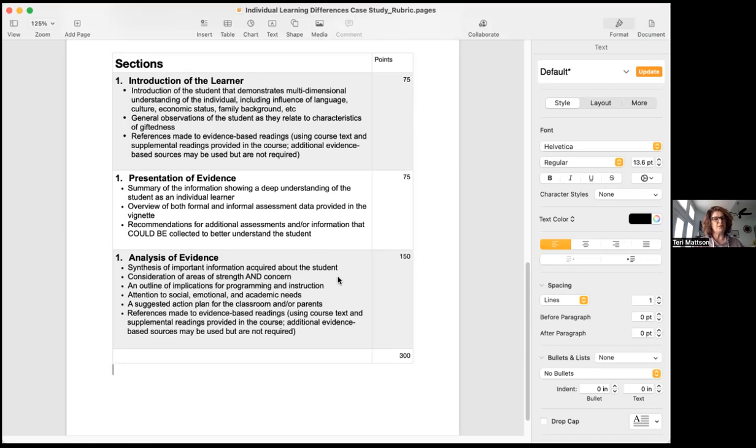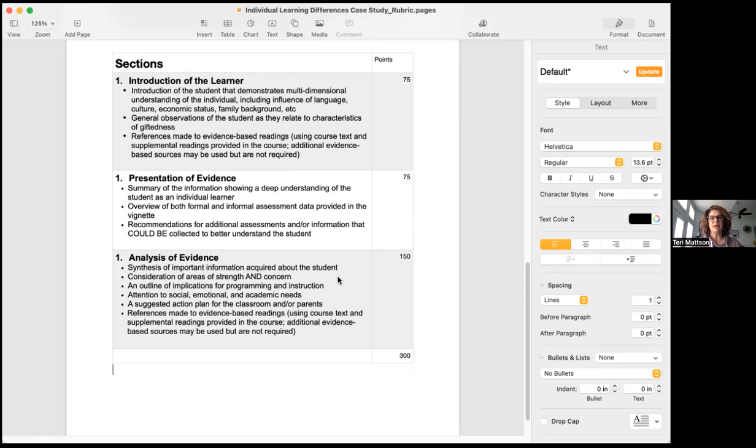And then the biggest part of this section is going to be a piece about what do we need to know more? Are there other assessments that we should administer, whether they be formal or informal, whether they be classroom assessments, or perhaps a recommendation for her to be tested for a gifted program, whatever assessments you think. You do not need to do a lot of research into technical assessment data or technical assessments. Just what additional information would you like to know in order to be able to make the very best decisions